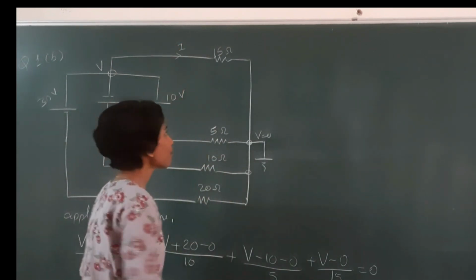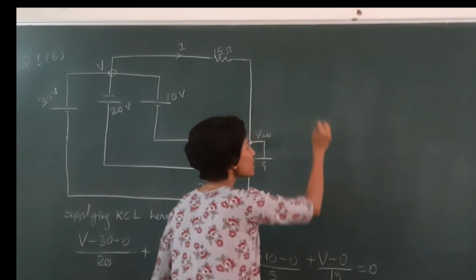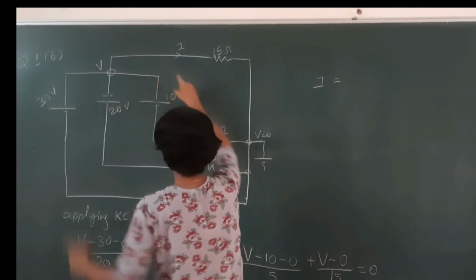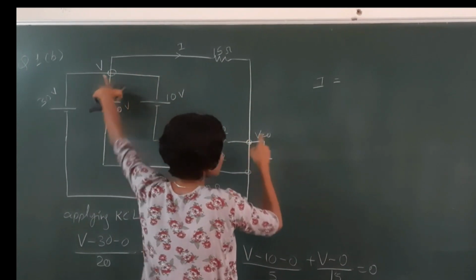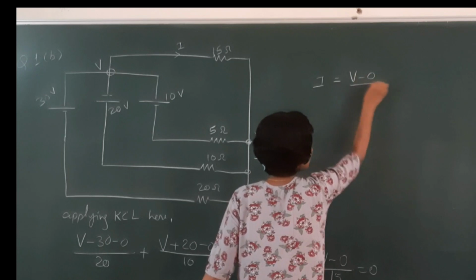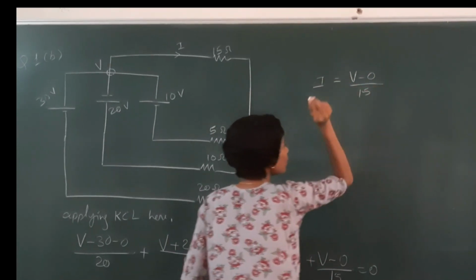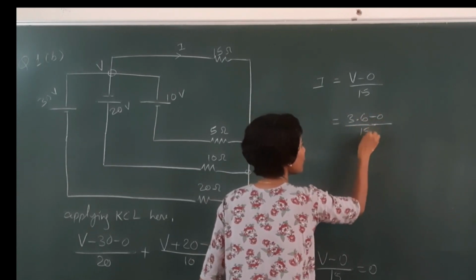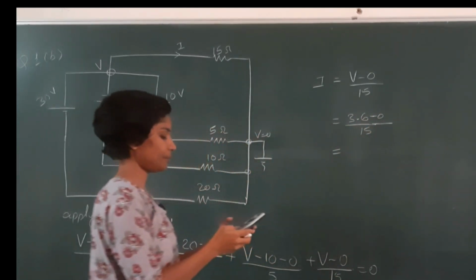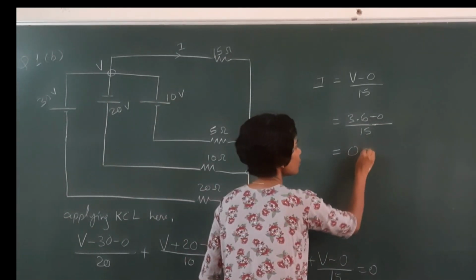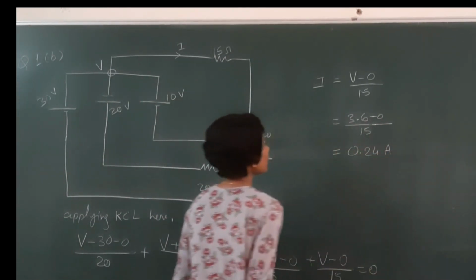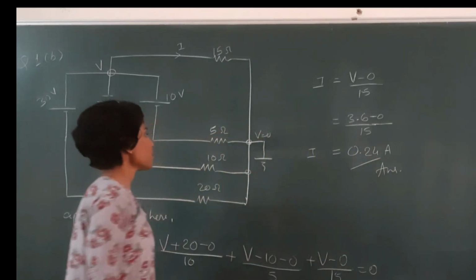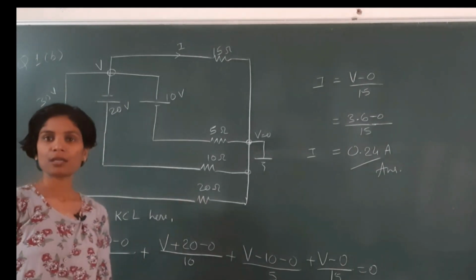So how can we calculate? Now we have to apply the potential difference divided by resistor equation. So I equals potential difference. What is the potential difference across this branch? That is from this point to this point. So that is (V minus 0) divided by the resistor, 15 ohms. I am just applying (3.6 minus 0) divided by 15. So the answer is coming as 0.24 ampere. This is the final answer asked in the question. So hope you got the solution here, right?